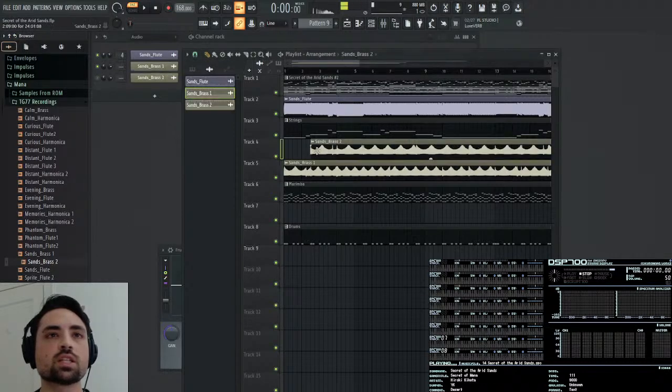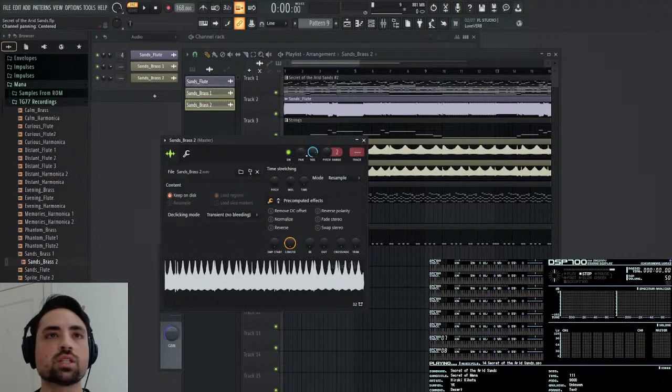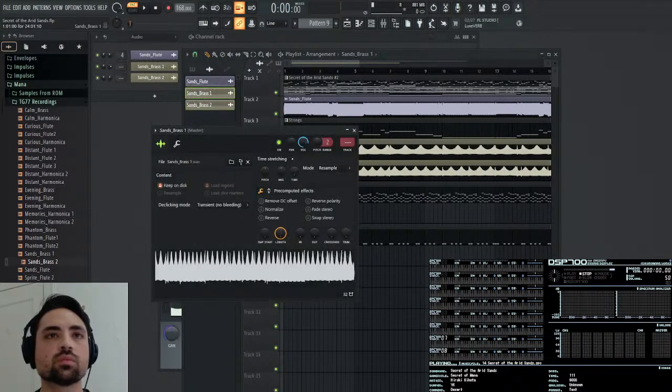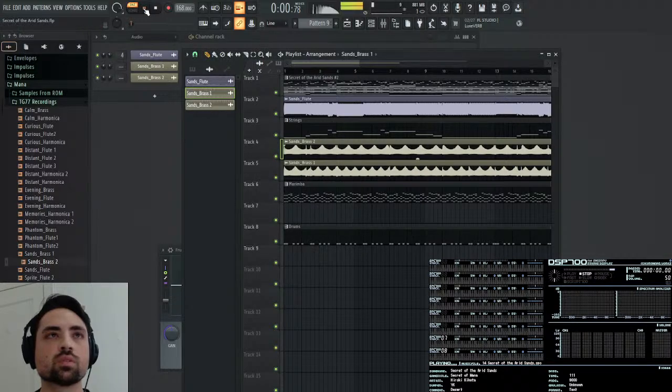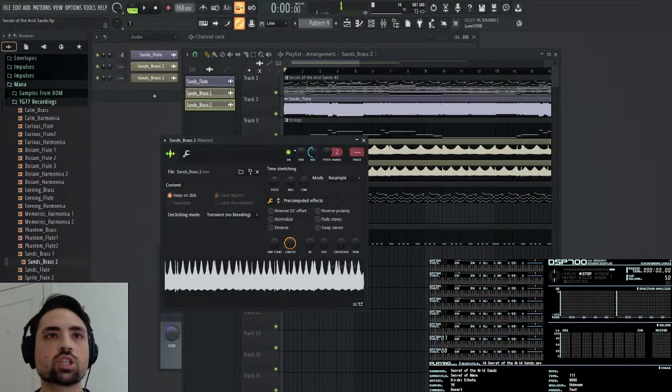And drag in Sans Brass 2. And both of these things I'm going to need to take down to about 50%. Actually, probably going to need to be quieter, more like 40%.